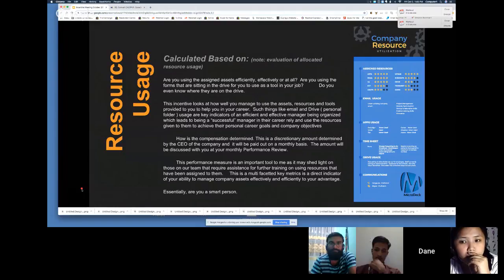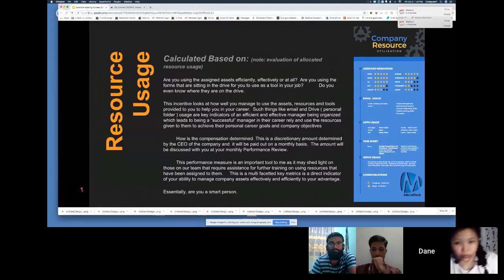So in this case, in terms of using this as a tool regarding your incentive, if I see, for example, one of you is not using your drive, I'm going to ask why, right? Because if you're organized, your job is going to be easier. It will always give you an indication on what's going on with a person. So if you're a smart person, you're going to be using everything that's been given to you.